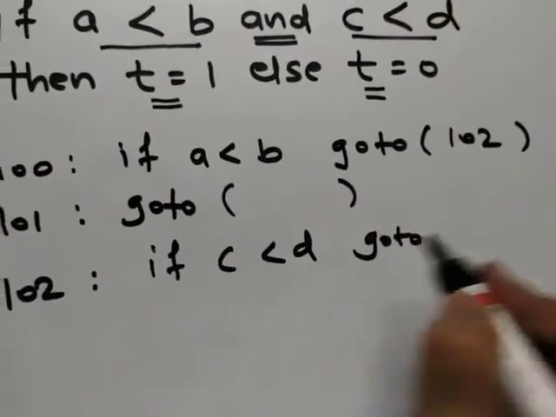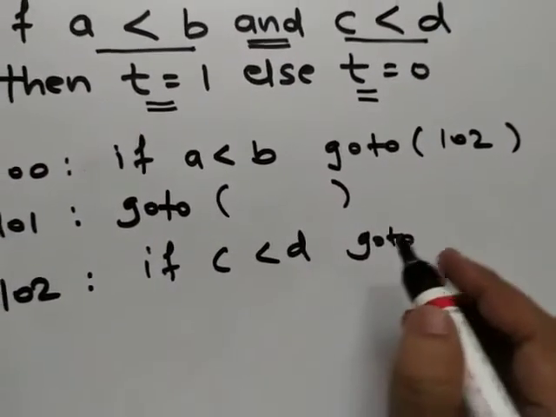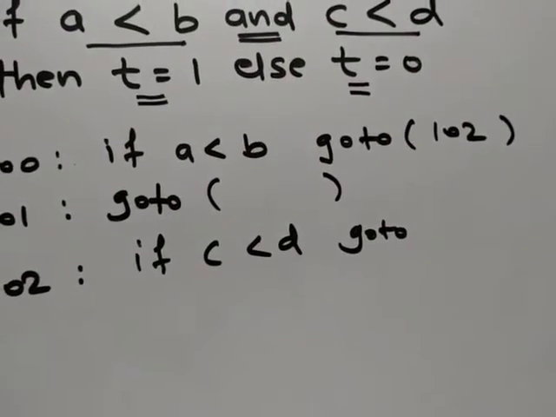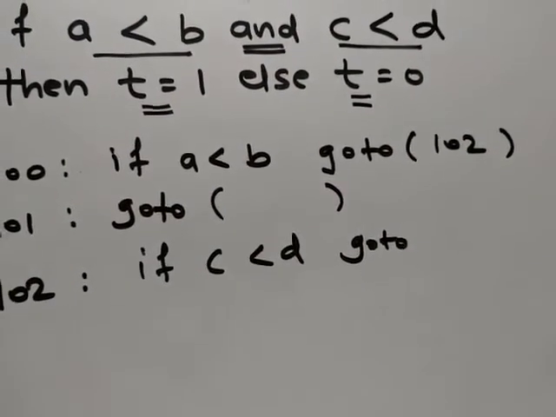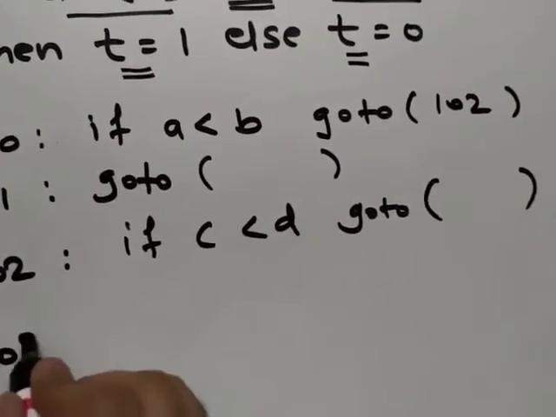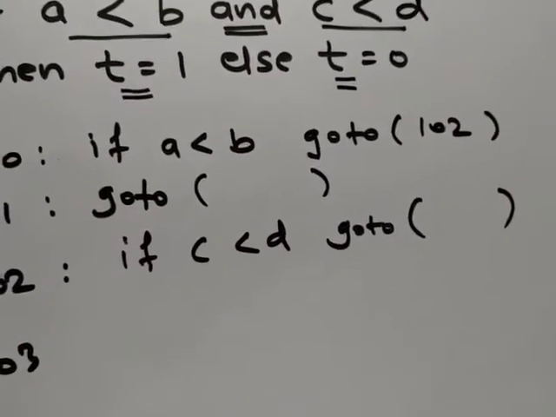If c less than d, go to. Now what I am going to execute, I am going to execute t equal to 1 condition. So what I'll do, I will simply write some address here. Okay, so next is, now in the next part,